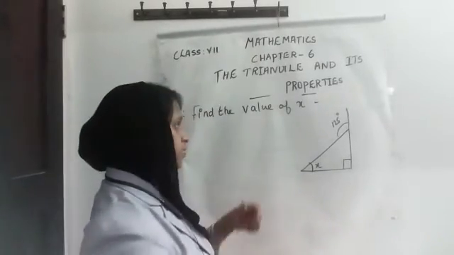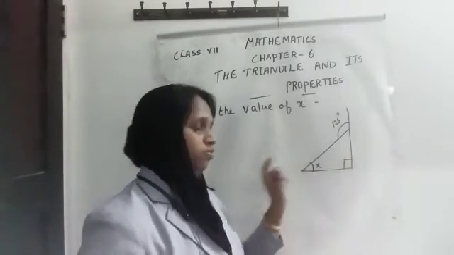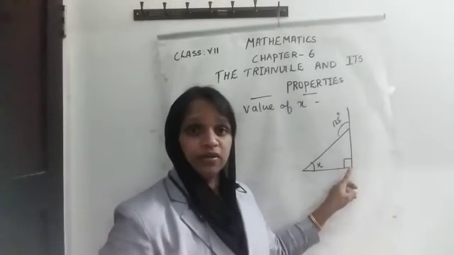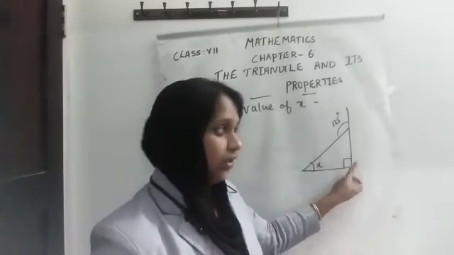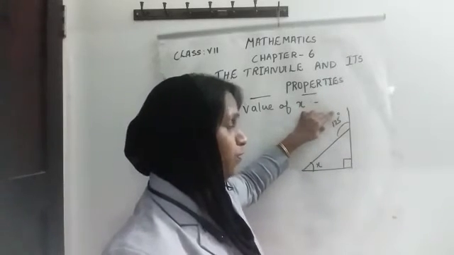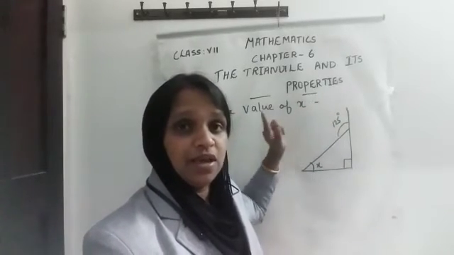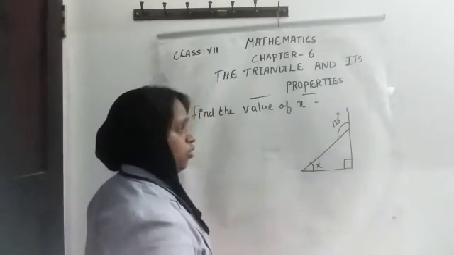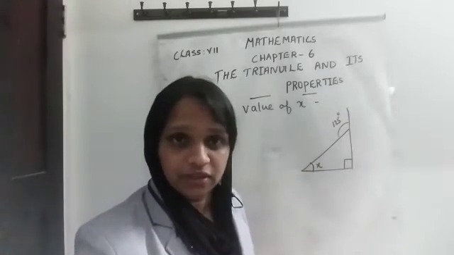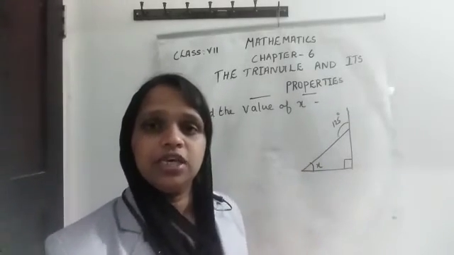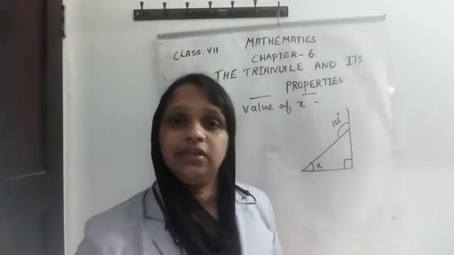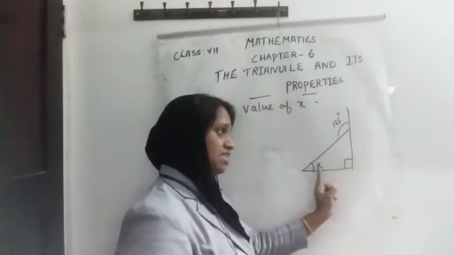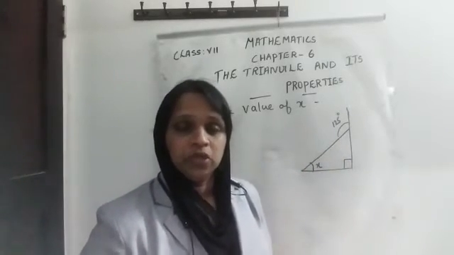So next question, here also find the value of x. So here x is given. So what is meant by this square? This angle is 90 degree. And what about here? 125 degree. So here 125 is, yes, an exterior angle. So we can apply the exterior angle theorem. That means exterior angle is equal to sum of interior opposite angles. That means interior opposite means these two angles. That means x and 90 degree. So we can write here.